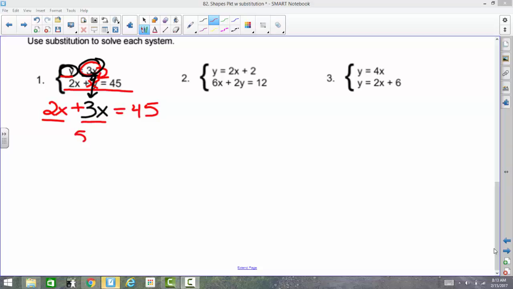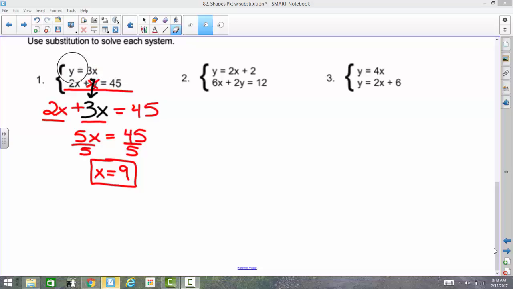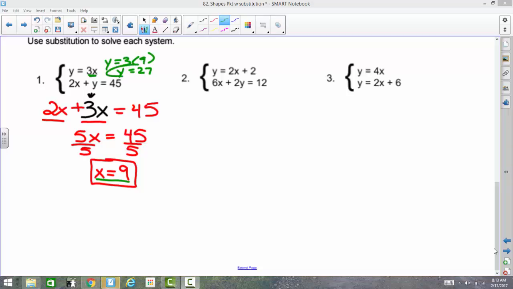2x plus 3x is 5x. You're just putting them together. And then to isolate the x, you're going to divide both sides by 5. So x equals 9. Now, you need to find the ordered pair solution where these two lines cross. So you need to pick one of them to plug the 9 in for x. The top one is a lot easier to work with. So y equals 3 times 9, so y equals 27. So the ordered pair solution is 9,